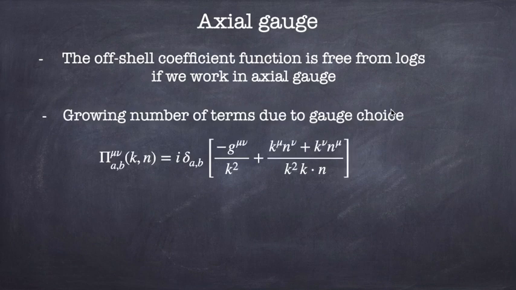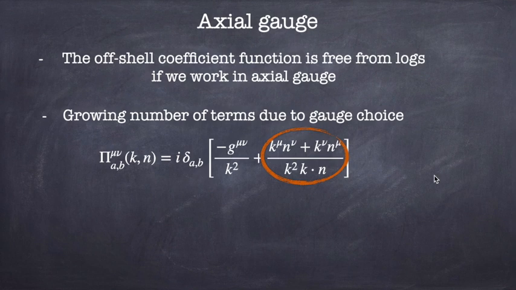The first is the fact that the number of terms involved in our calculation is higher. In fact, every time in your graph you have the propagator of a gluon, you have to write it down with this expression, where in addition to the usual Feynman gauge term, you have also this contribution. And this means that every time you have a propagator of a gluon, you have twice the terms.